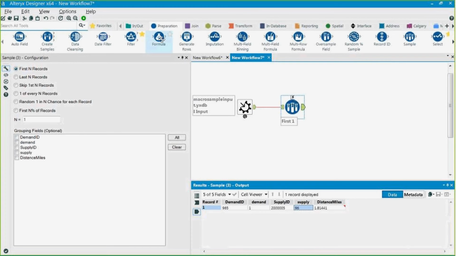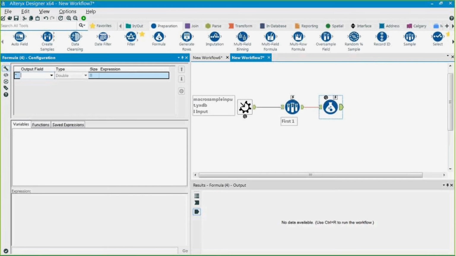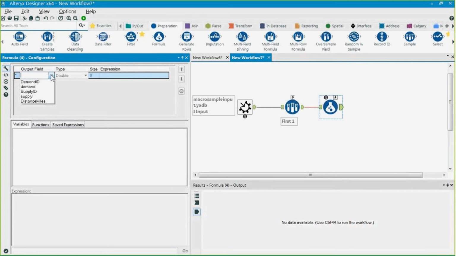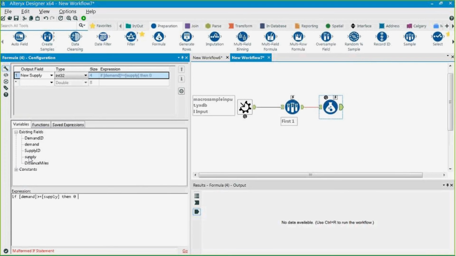So let's go through and create some calculations to help build our iterative logic. I'm going to bring in a formula tool and build some pieces that will help support the iterative nature. So the first one I'm going to build is a new field called new supply. I'm going to change this to int32. And I'm going to say if our demand is greater than or equal to supply, then 0, else